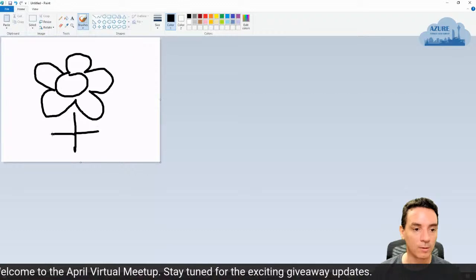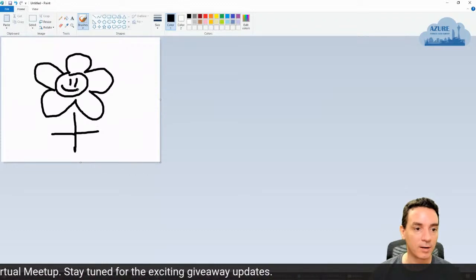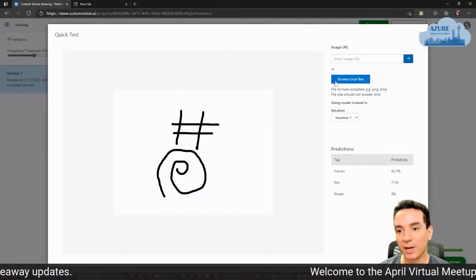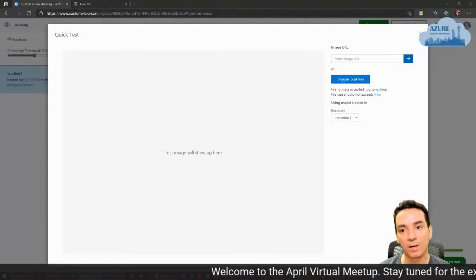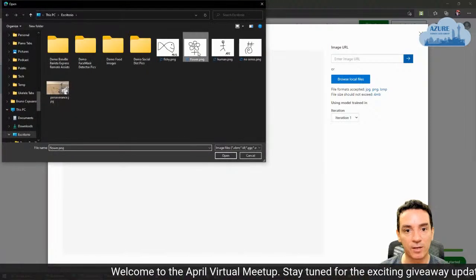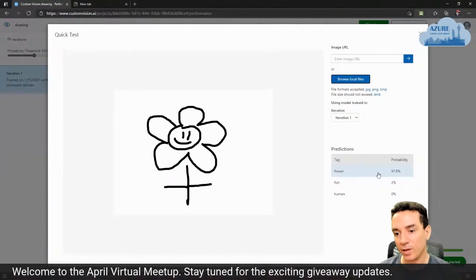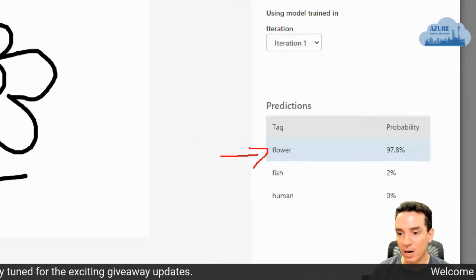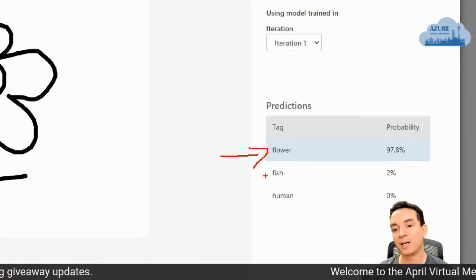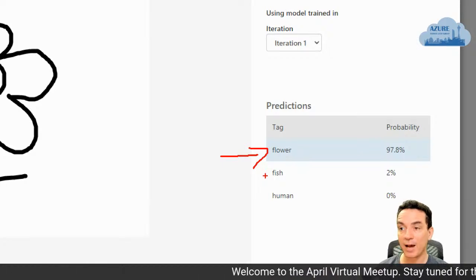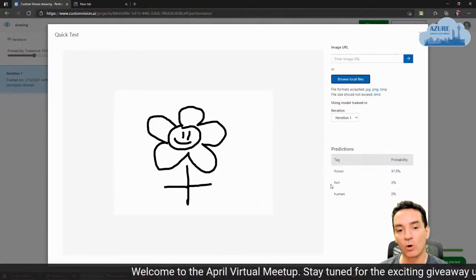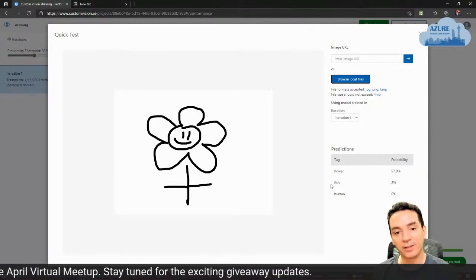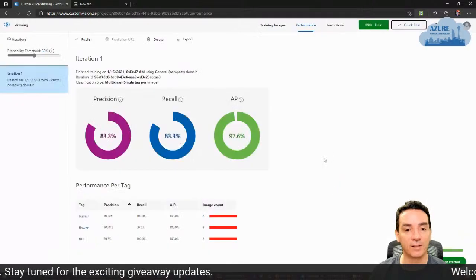So this is a flower, the ugliest flower ever. But if I go back here and I will select the flower, there it is. Take a look here. It's not completely sure that it's a flower. Somehow it's also a fish. But hey, it's up to us as a developer to try to figure out what we have and say, okay, I'm only going to trust this when it's, I don't know, 90% or bigger or something like this.